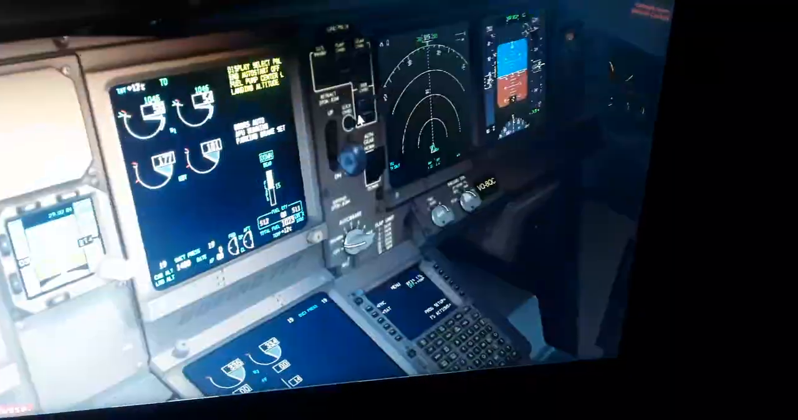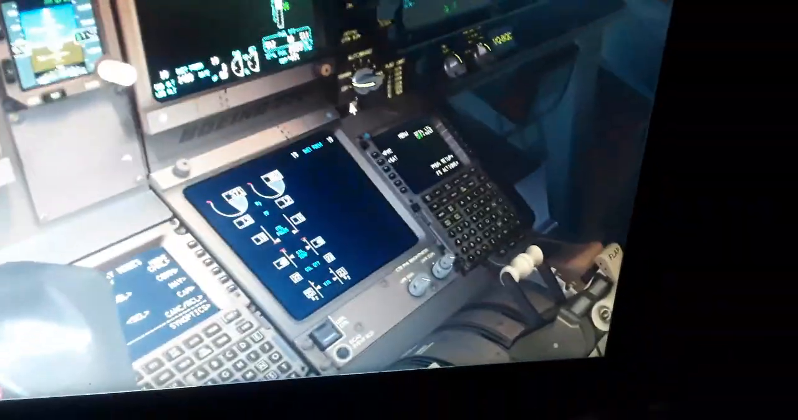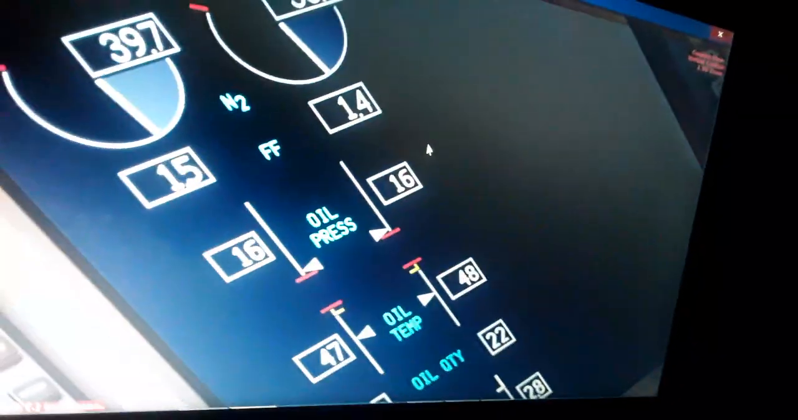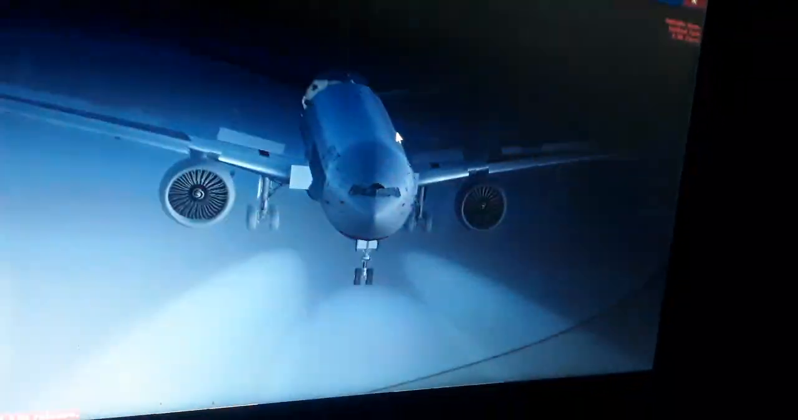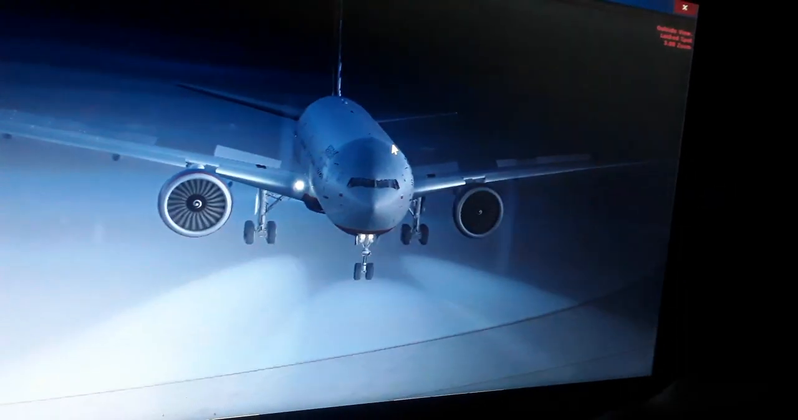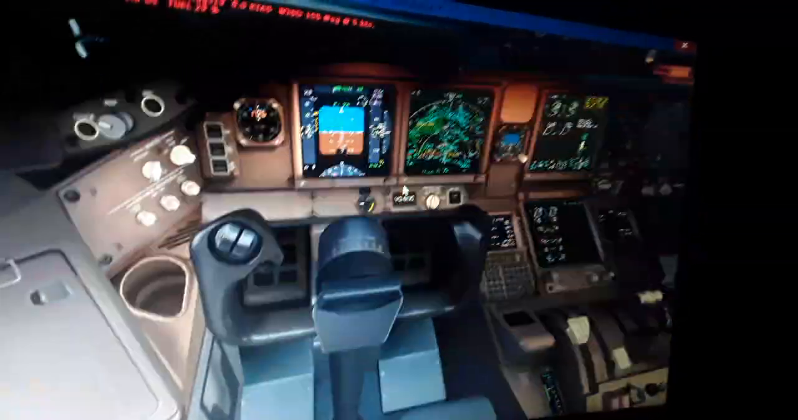Left and right engine, you will see fuel flow above 1.5. We have the auto start on. Now you can see the right and the left wing, both engines are running. So only one last step